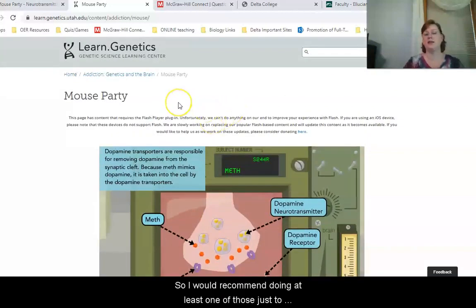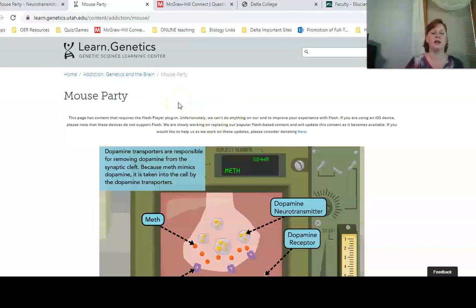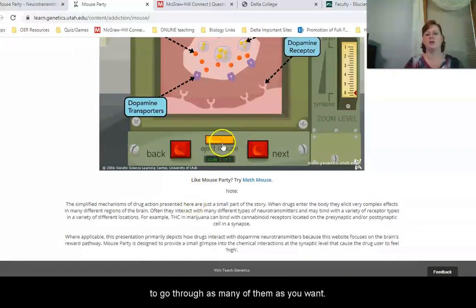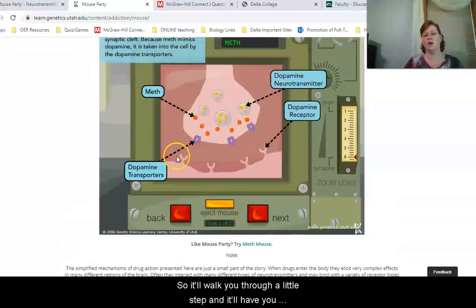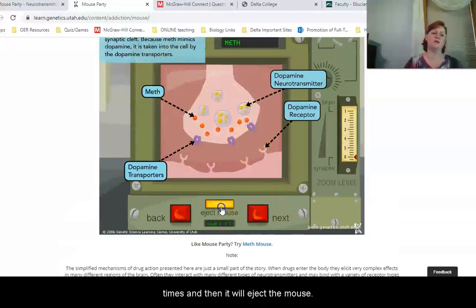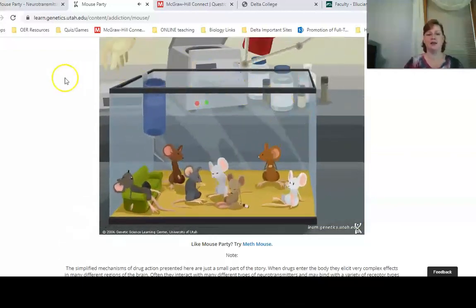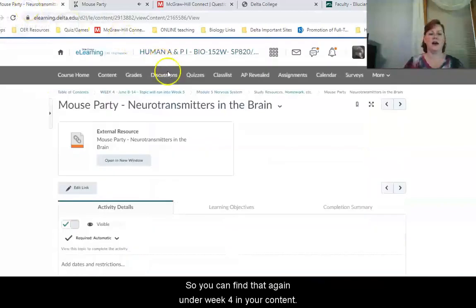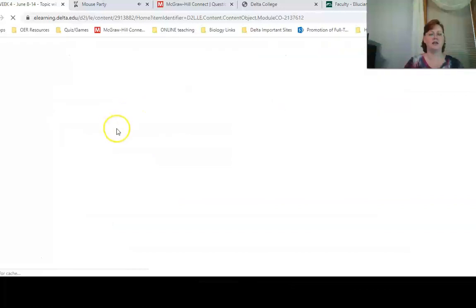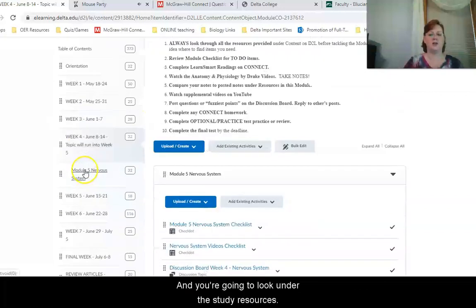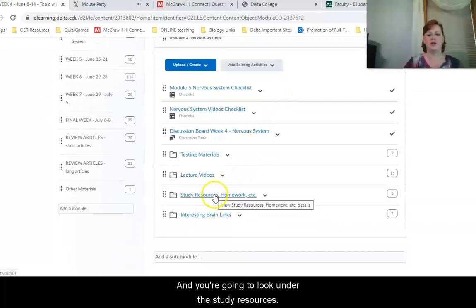So I would recommend doing at least one of those just to get exposed to some of these different neurotransmitters in the brain and what that process looks like. But of course you can feel free to go through as many of them as you want. So it'll walk you through a little step and it'll have you click next, and it'll do that a couple of times, and then it will eject the mouse, and you can pick up another one and look at that if you'd like. So you can find that again under week 4 in your content, and you're going to look under the study resources,